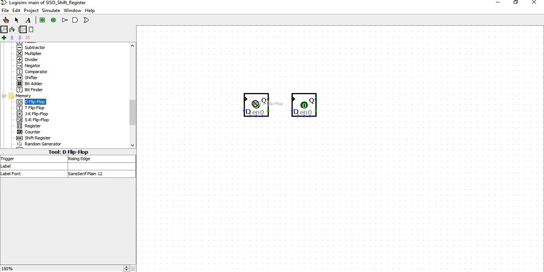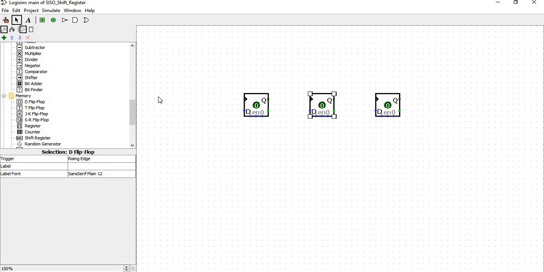Then if you want, you can take it from here also. That's going to be your third. Now that we have 3-bit information, we are going to have 3 D flip-flops.